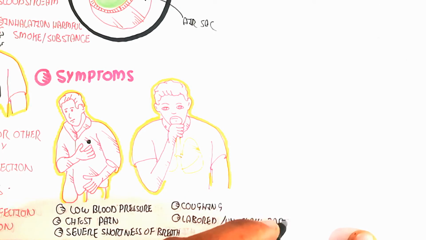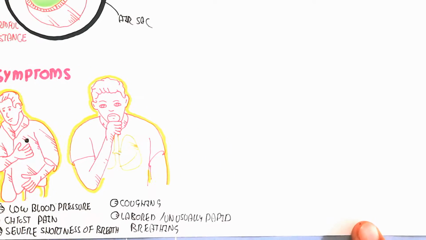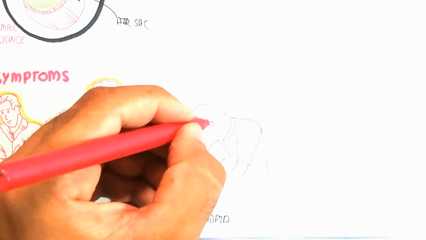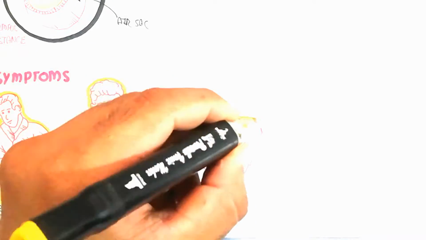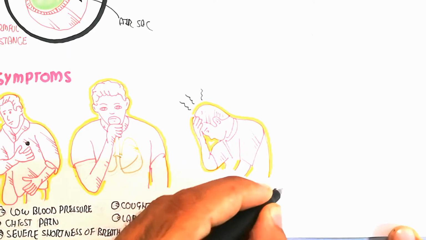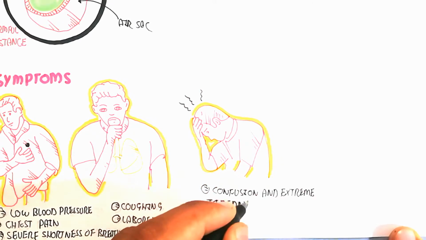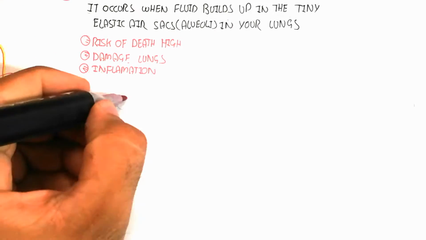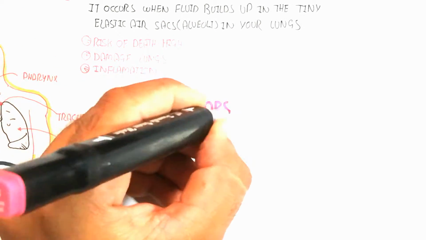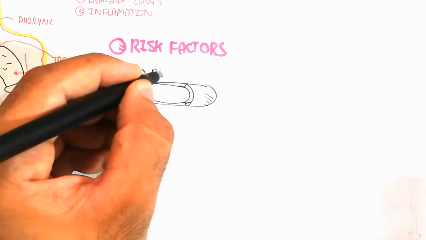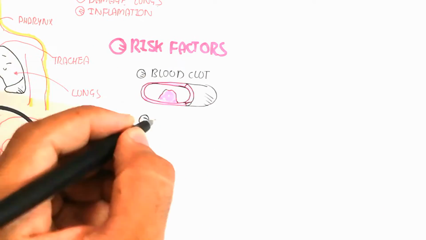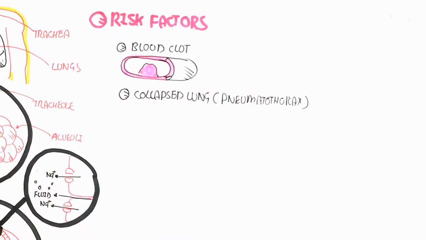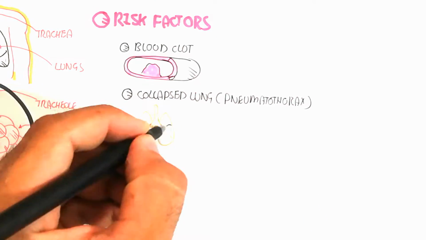That is why there is rapid or unusually rapid breathing, labored breathing and coughing, and what is coughed out is basically the mucus as well as histamine, for example in an allergic reaction, but in this case, also confusion and extreme tiredness, stress. So the risk factor is blood clot, which is also a risk factor due to an increase in the